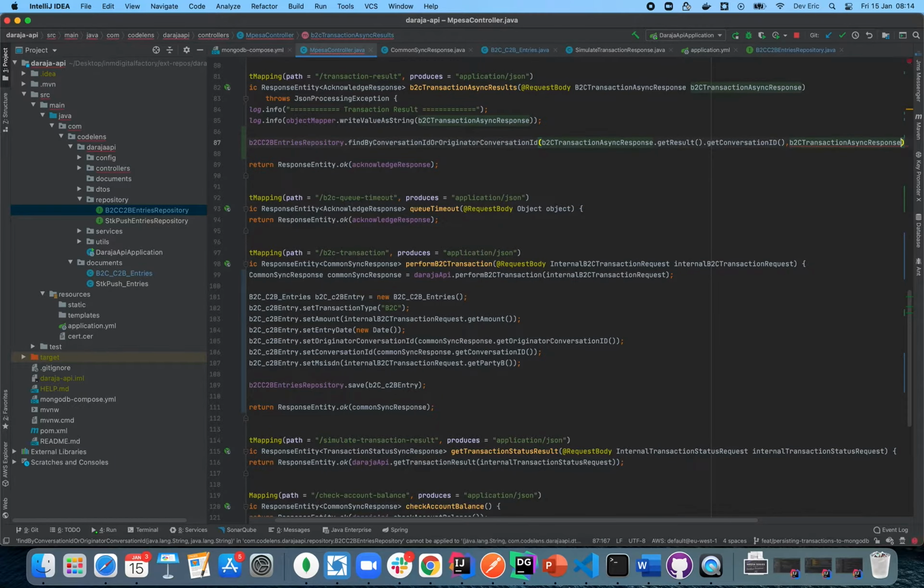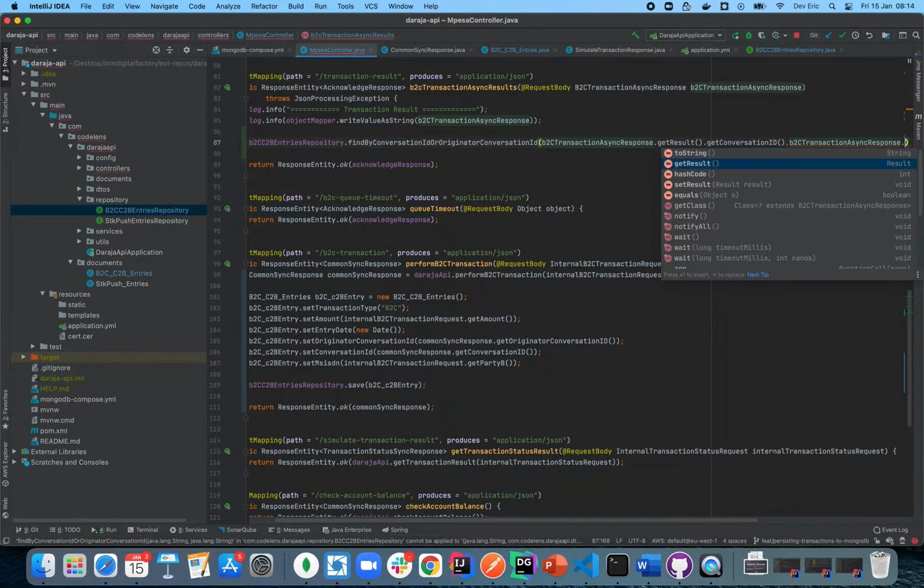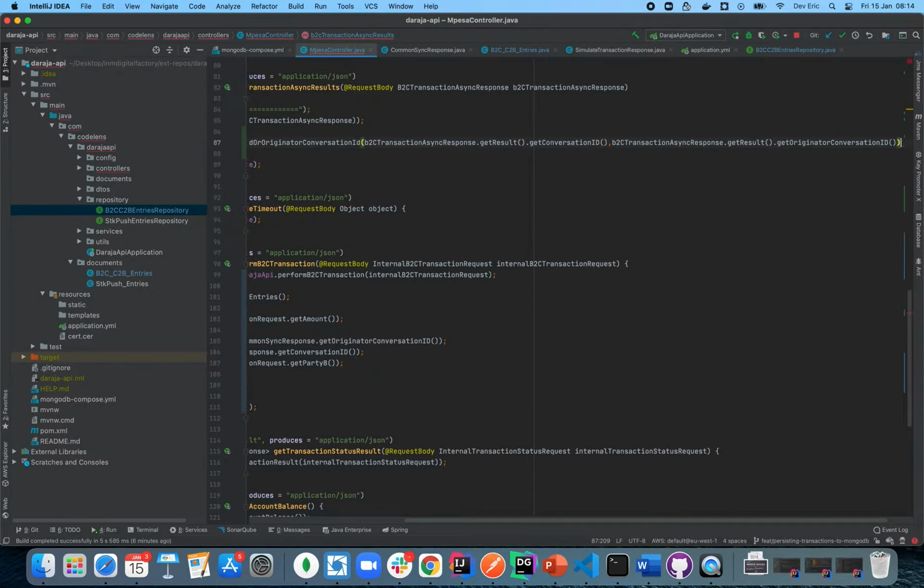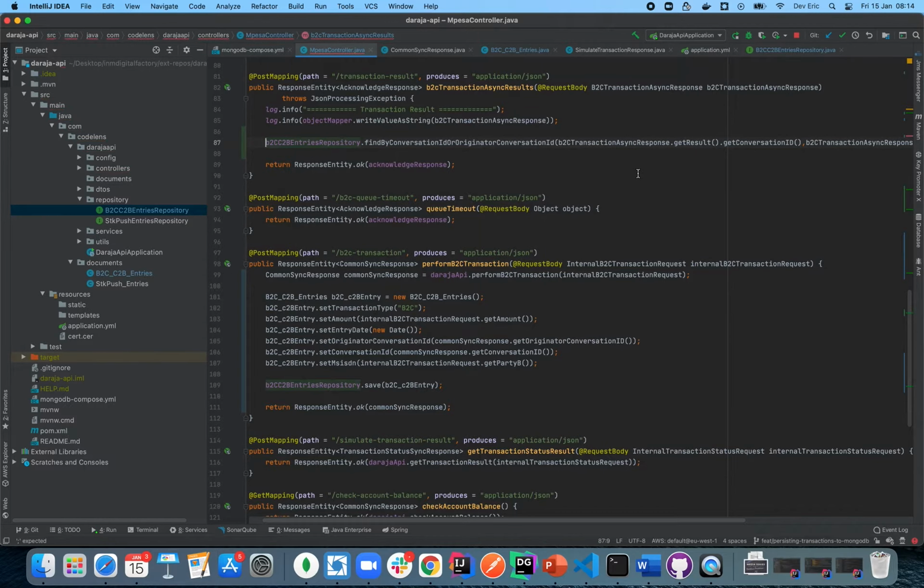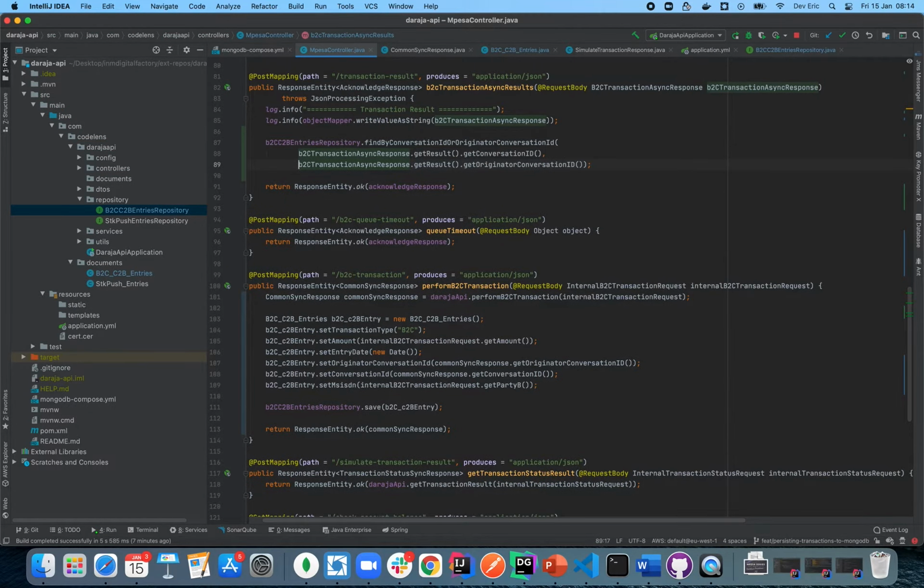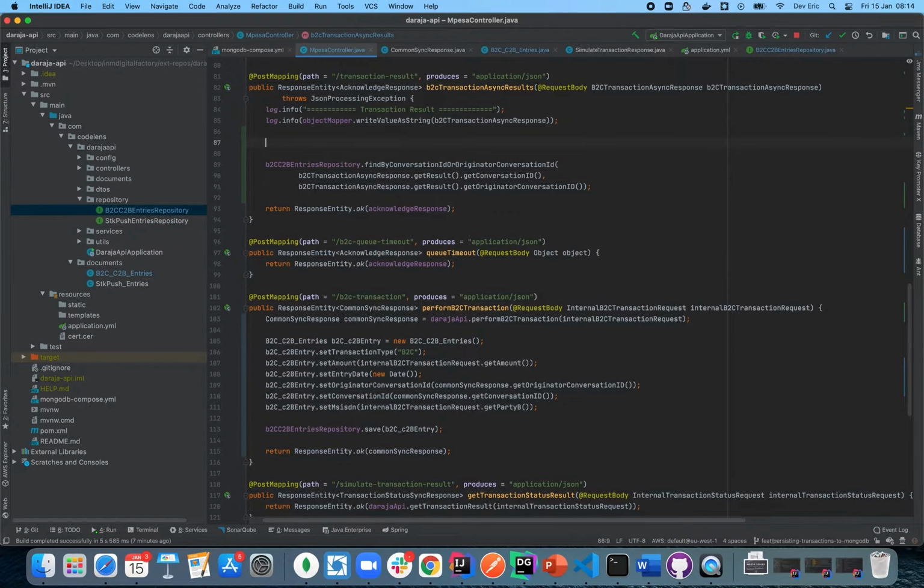Again, get the result, then get the originator conversation ID. Make sense? So let me put it on a new line, actually, so that it is a bit clearer. I'm going to come and just undo this. Okay, then I introduce a local variable,